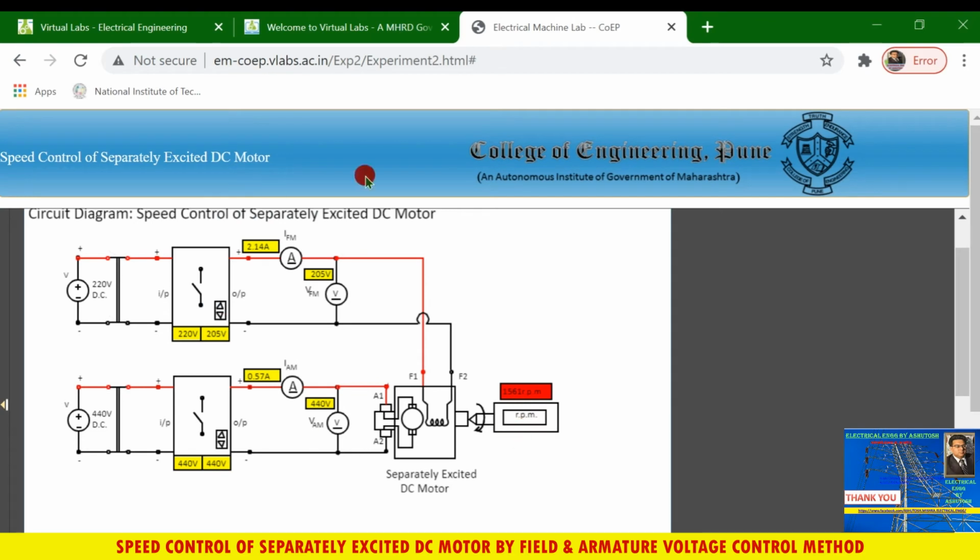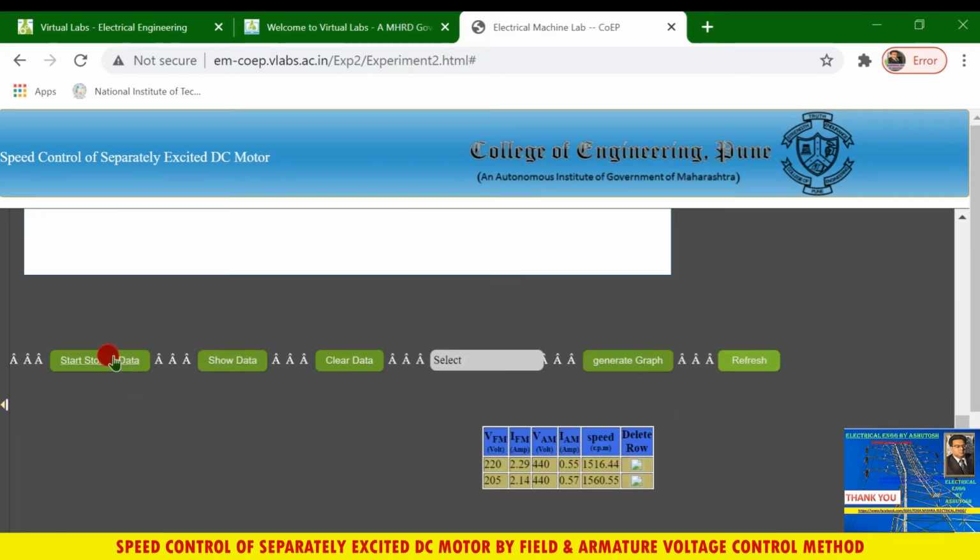Now you can see the simulation. Again we will decrease the voltage, 185 volt, it becomes 185. Now see, 1613 rpm. You can store and show data. So we have got our third row of the observation table, 185 volt.